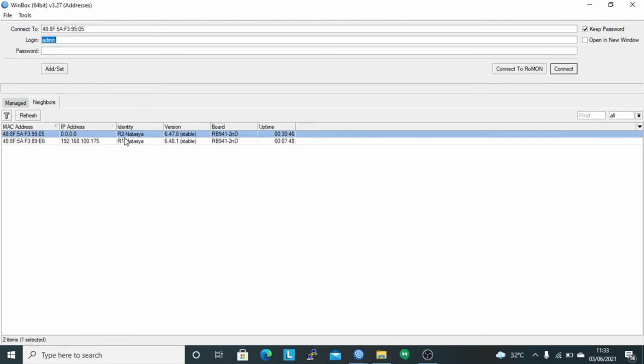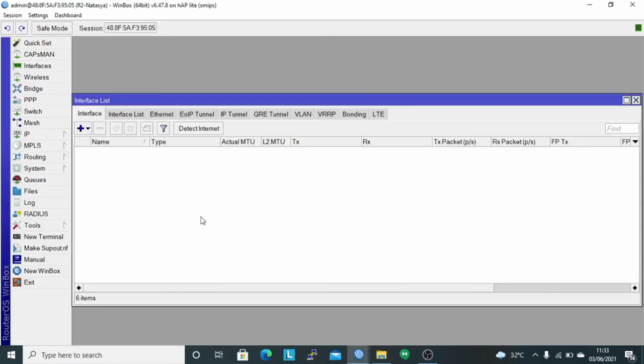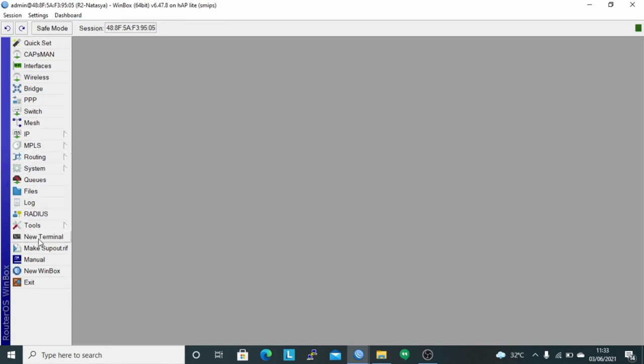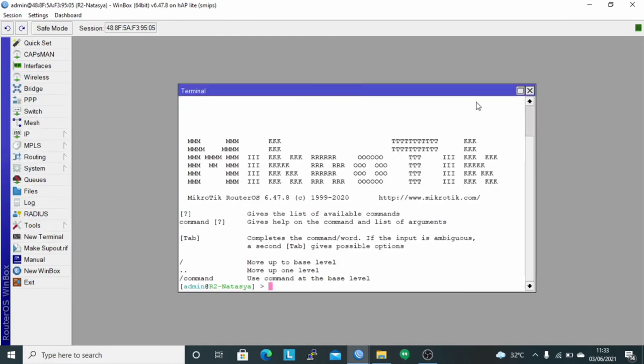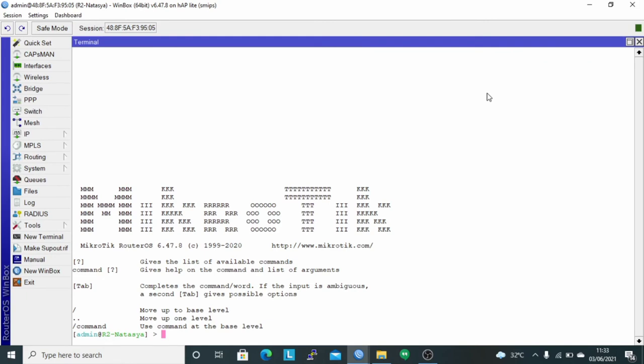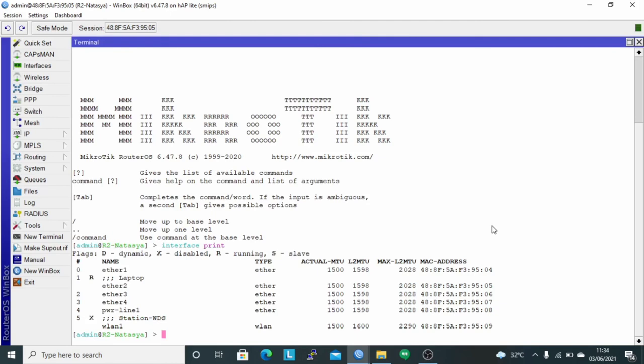It can be seen that the identity of the router is R2-Natasha. Check the interface used on router 2 first with the command interface print. Here it can be seen that I'm using Ether 2 to remote router 2 and WLAN 1 for the station WDS.